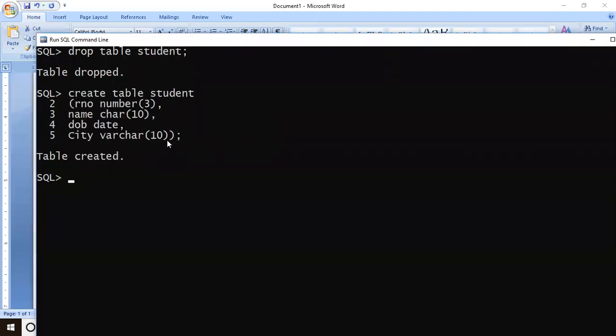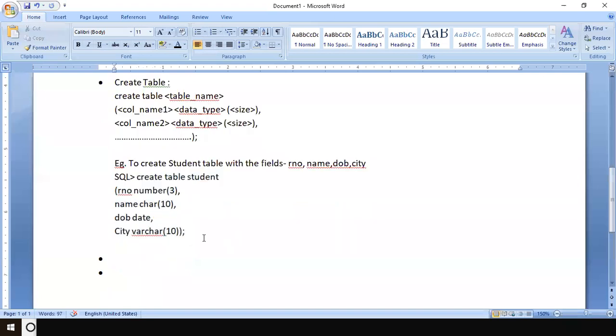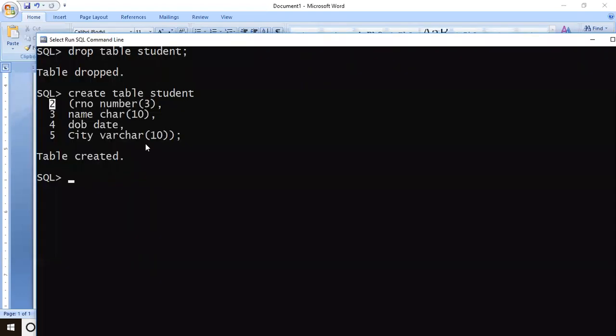Remember, when you start typing in Oracle and press enter after finishing one line, when you move to the next line, Oracle automatically gives line numbers here. Some students note down these line numbers also, and they feel that these have to be typed. These are automatically generated, remember. That's why I particularly gave you this command in the Word file. I hope everybody has noted it down. So this is how you type the command. Once you press enter at the end, if it is successful, you will get a message, table created.